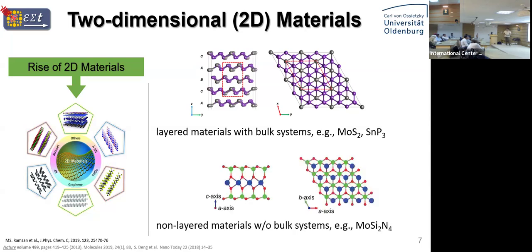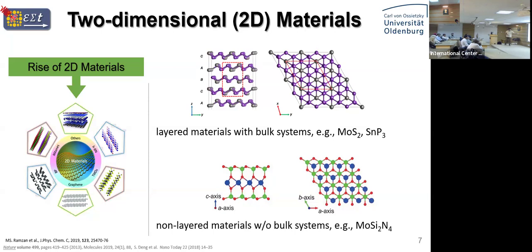More recently, we have also studied a class of material which was actually published in 2021. This class of material does not have any parent bulk, so you don't have it like we see on the top. They are actually grown materials. That's why it's called the bottom-to-top approach for such kind of material.